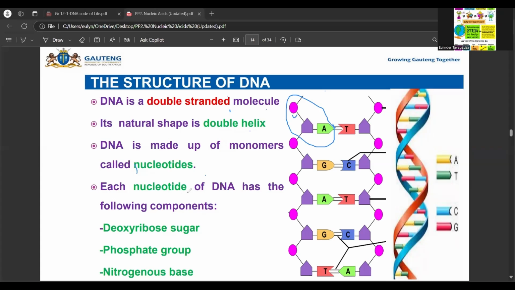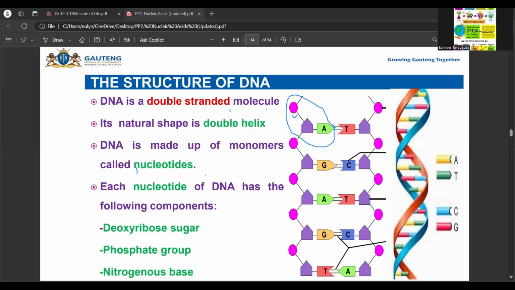Yes, then each nucleotide of DNA has the following components. We have the deoxyribose sugar, then we have a phosphate group, then we have the nitrogenous base. So you are stating the DNA structure. So you said made up of monomers, the double-stranded, double helix structure. Then you talk about the nucleotides consisting of